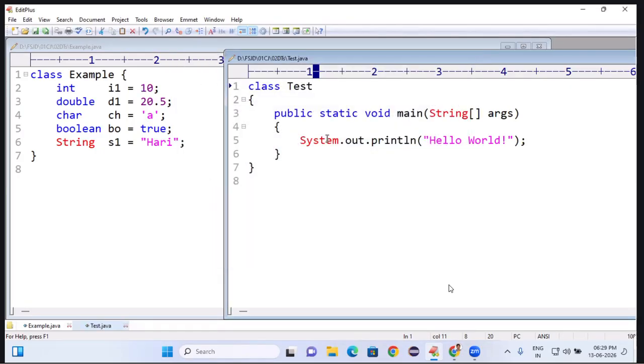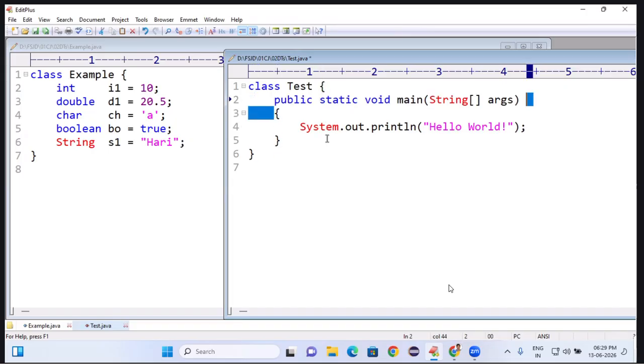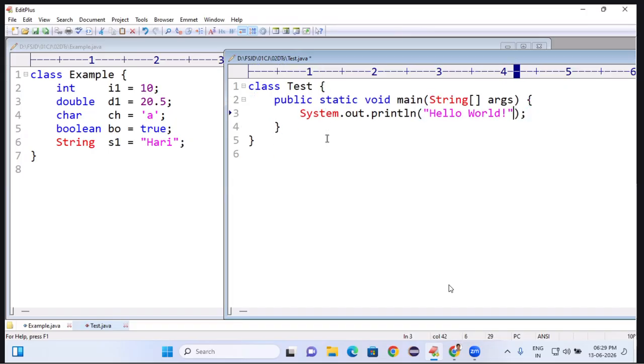Now tell me. I have two Java files: Example.java and Test.java. The class called Example has the same name as the Java file. Inside the Test class, I want to access this Example class's variables. For accessing Example class variables, like in the previous program, can I access the variable, reading and displaying the value